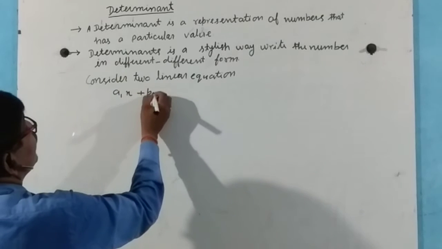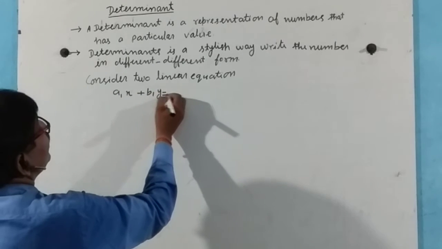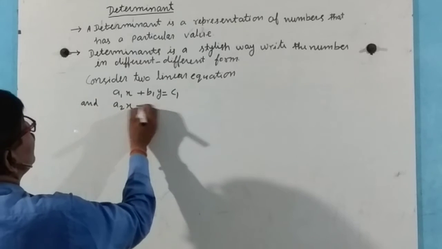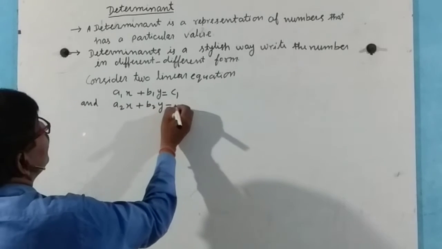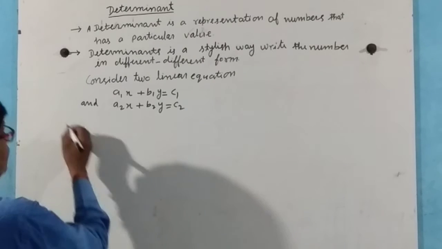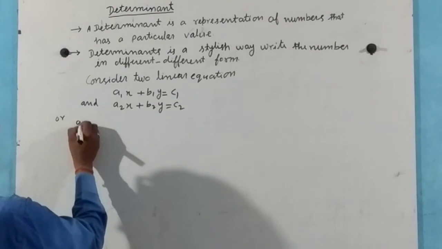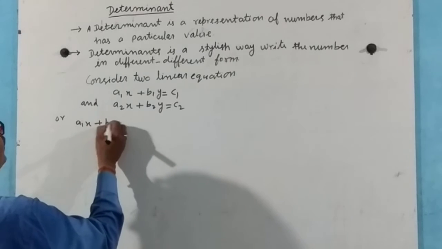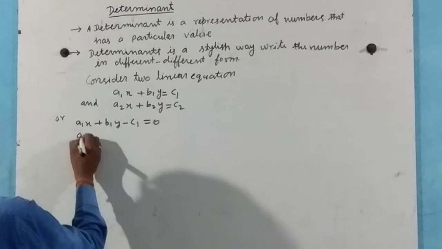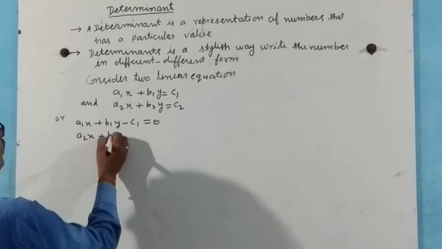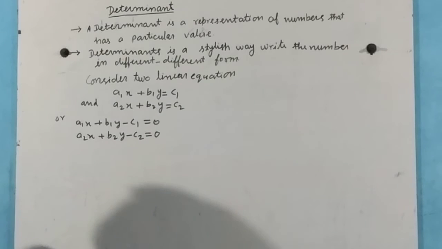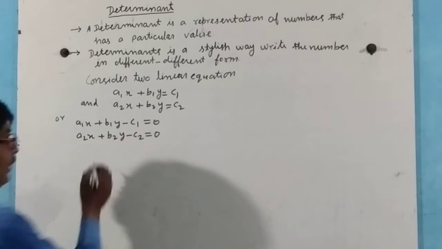a1x plus b1y equal to c1 and a2x plus b2y equal to c2. Now it can be written as a1x plus b1y minus c1 equal to 0 and a2x plus b2y minus c2 equal to 0. Now by cross multiplication,